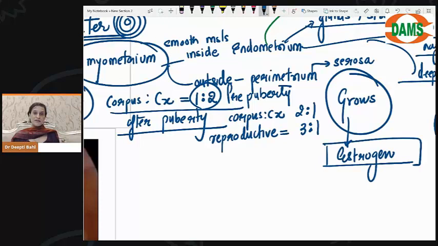Now let's go back to the basics that we did in anatomy or embryology. Was estrogen required for formation of the uterus? Yes or no? The answer is no. Estrogen is not required for the formation of the uterus. But what is estrogen required for? Growth of the uterus at puberty, right? So it is required for growth of the uterus at puberty. Okay, so